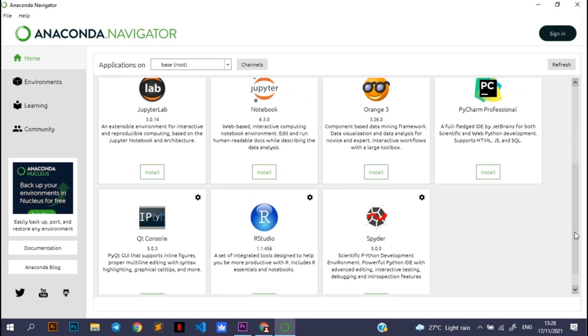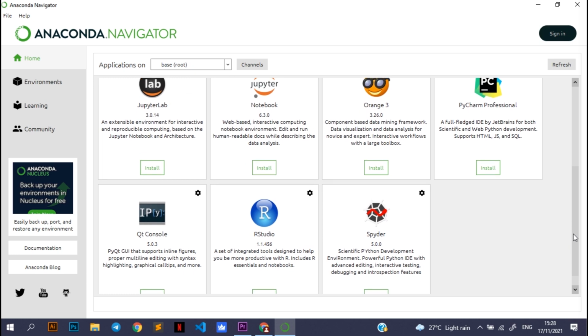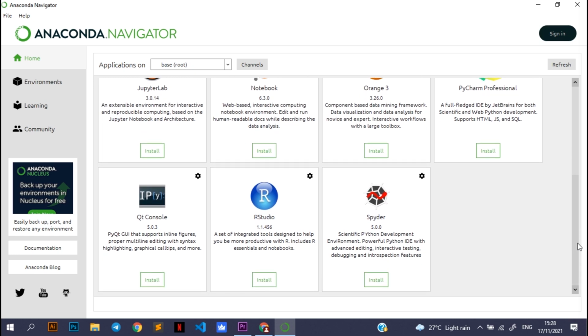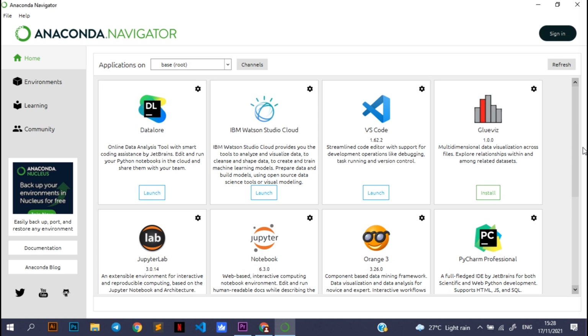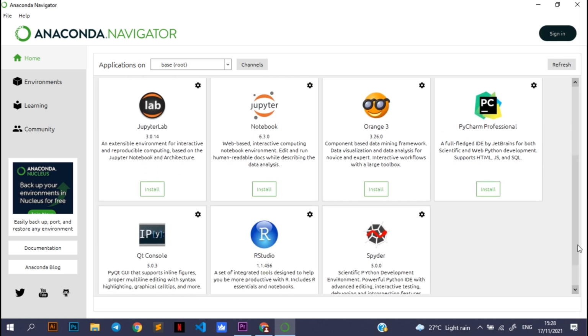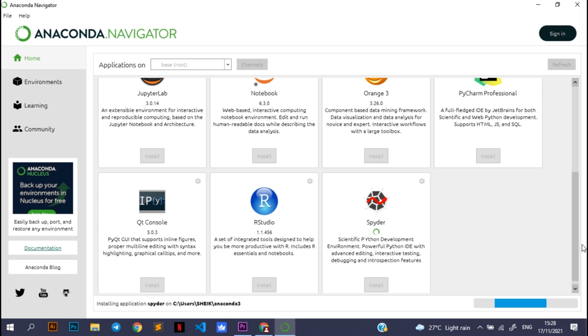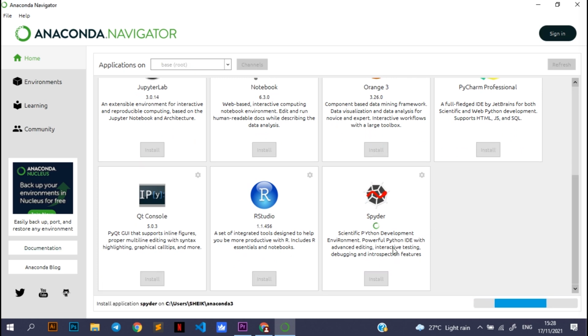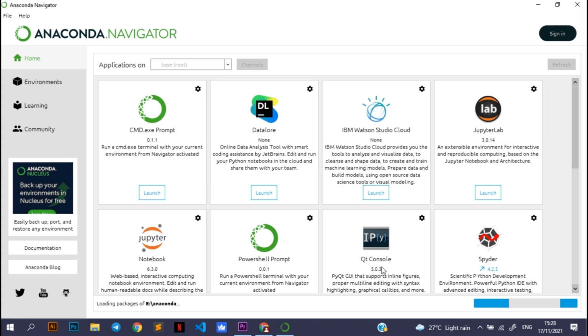Now the reason I am seeing Visual Studio Code is because it's already installed on my system. Now let's click on Spyder, and once you launch the Spyder application, just like Anaconda Navigator, Spyder will also take some time to launch. Okay, so let's wait for Spyder to launch.